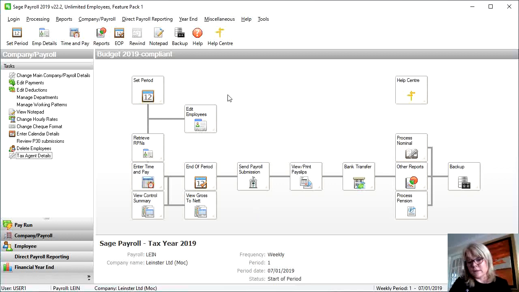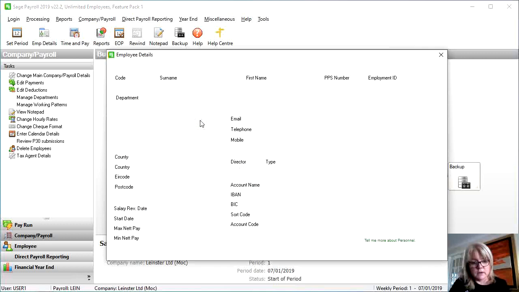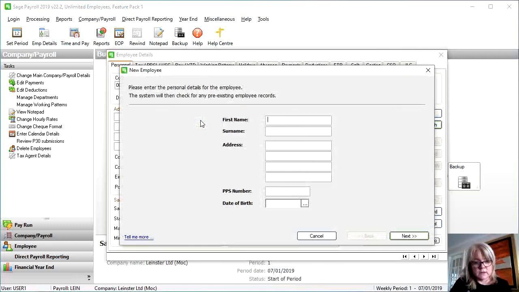Okay, so the next thing I'm going to do on the payroll question is to edit employees, and just following on my map here, I'm taking the second button, and it brings me into the new employee wizard. So I'm going to pop in the first name, and the surname here, and you'll be given an address,